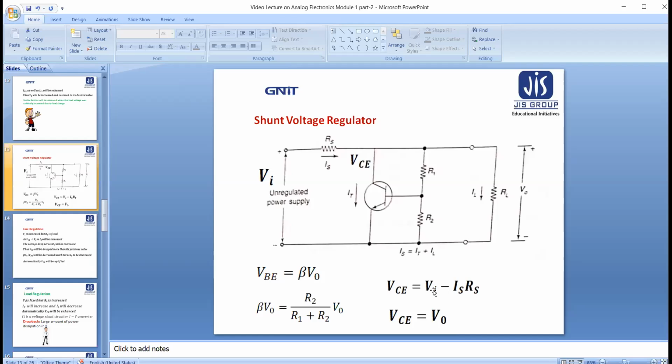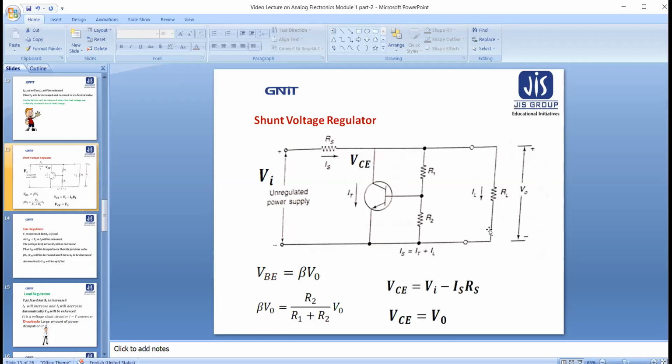Initially, VCE is less than VI. It is the general criterion. But when I suddenly increase VI, the difference will be very notable. That means this product is sufficiently high. So when this product is sufficiently high, automatically VCE will be sufficiently lower than its previous value. Then automatically the output voltage will be dropped very much. So that is not our desirable criterion.